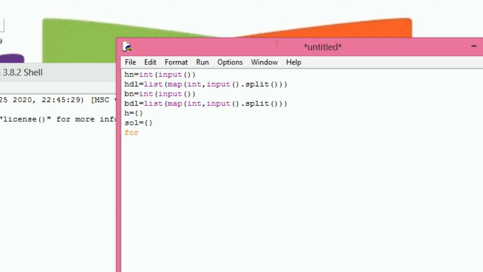I initiate H with empty, for I in range of Hn. So that means however many holes we are defining, those are defined as empty lists in the dictionary.